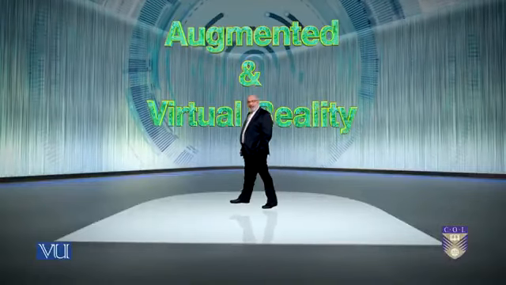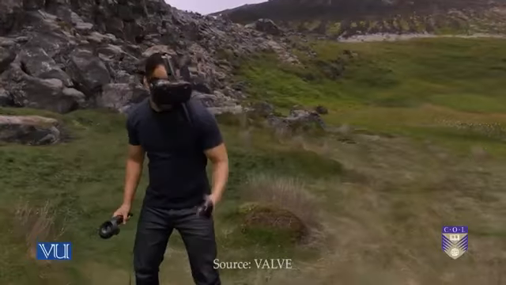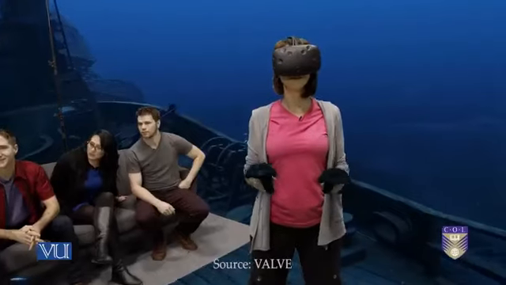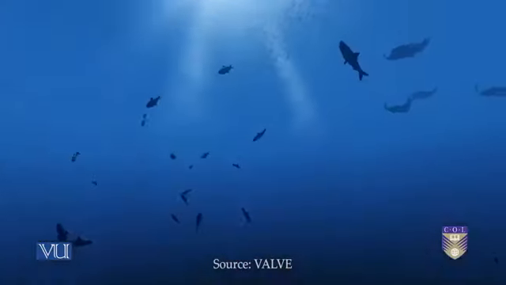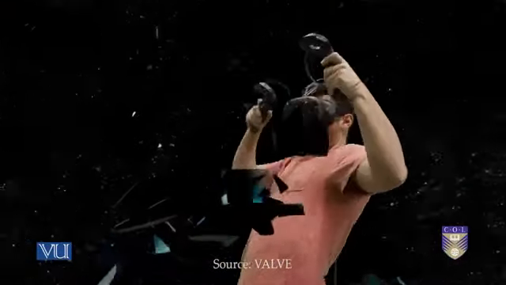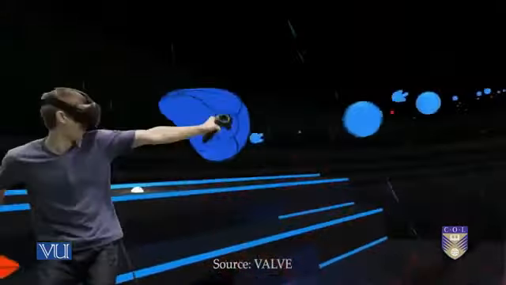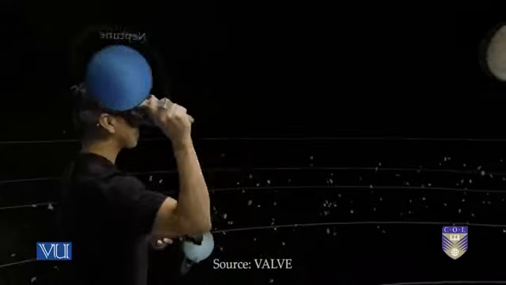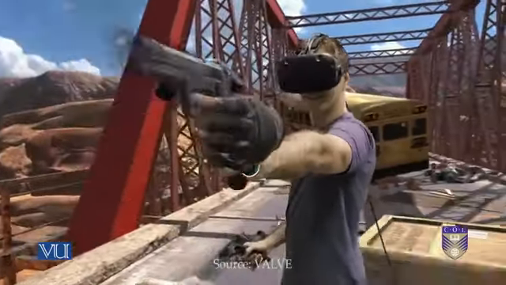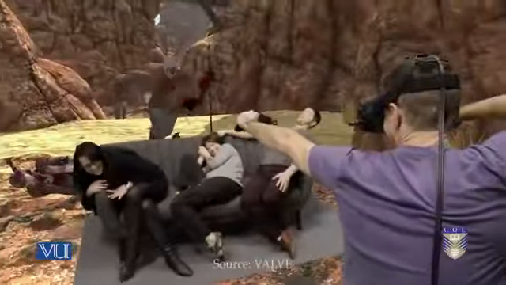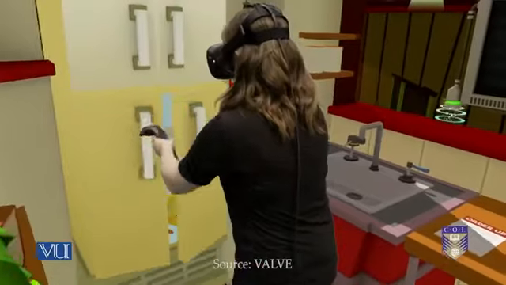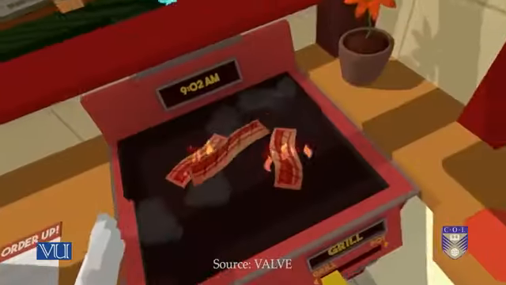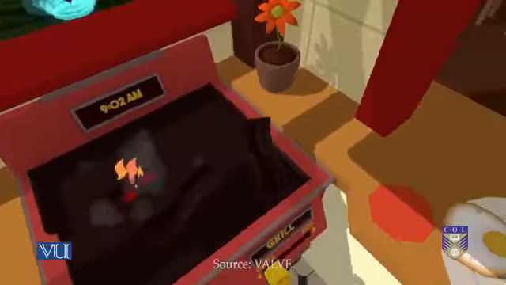Augmented and virtual reality. Virtual reality is basically a new technology whereby a synthesized environment is created, and you have a headgear that you put on. So you go around, and it is as if you are physically standing in that physical space, and you look around rooms, chairs, tables, if you're going through a room.